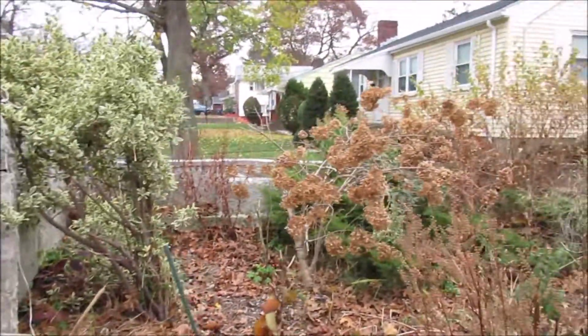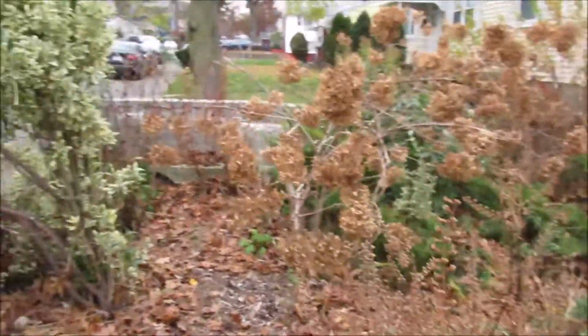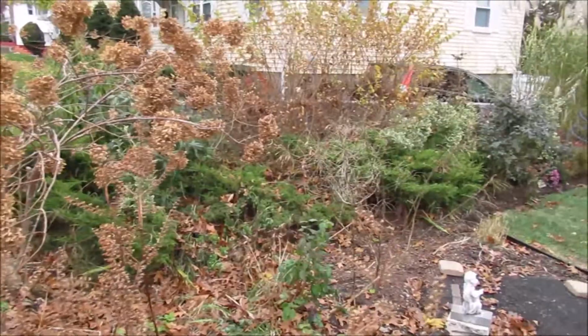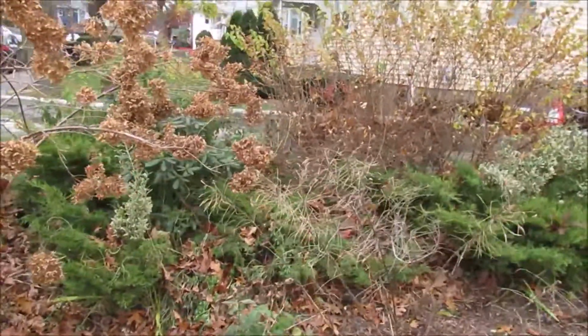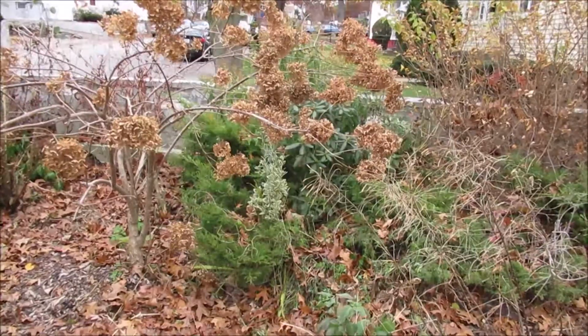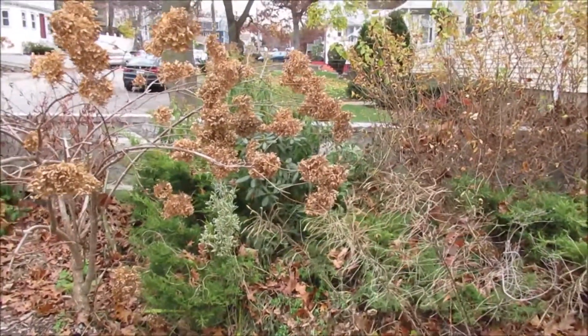Yeah, I definitely have some more cleaning to do, but this is the winter look so far. I think it's pretty cute. I like it. I mean, when I say cute, it's textural. You know, you can see the different textures. And my rhododendron bush back here,